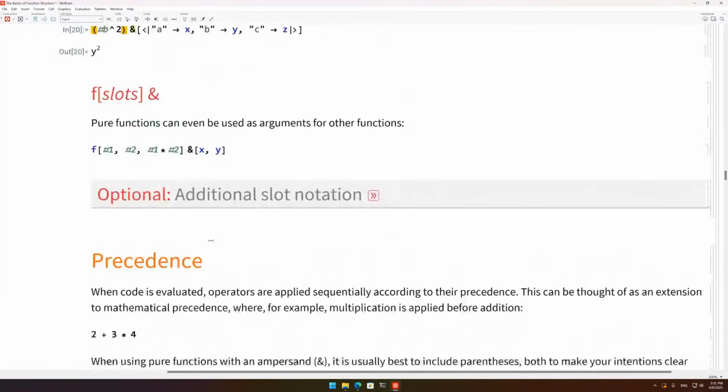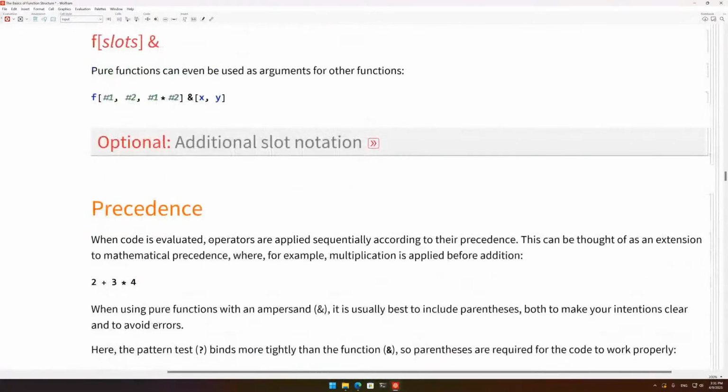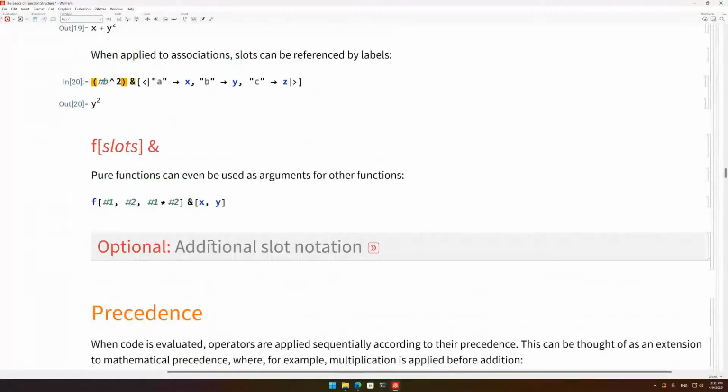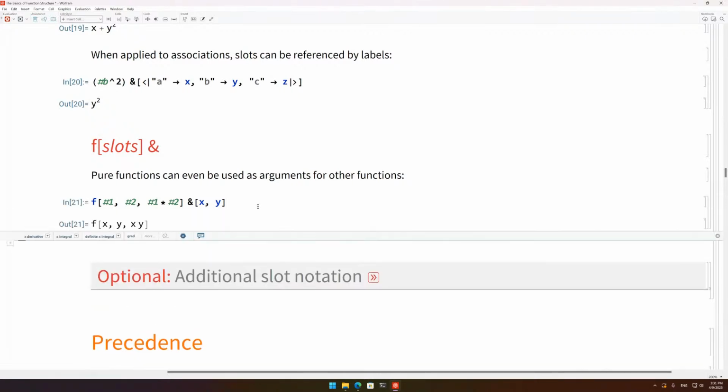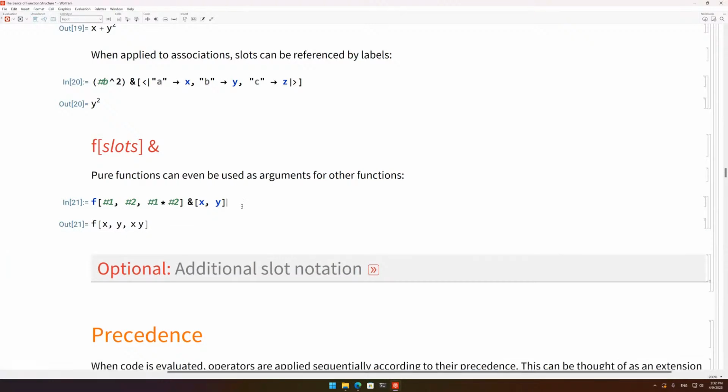So there are a few other things, but I think that pretty much covers the basics of pure functions. But let's go through them quickly anyway. Pure functions can be used as arguments for other functions, and this is where I was talking about kind of mixing and matching named functions and pure functions. You can, again, Wolfram language is not going to stop you from doing that, but you can see immediately this